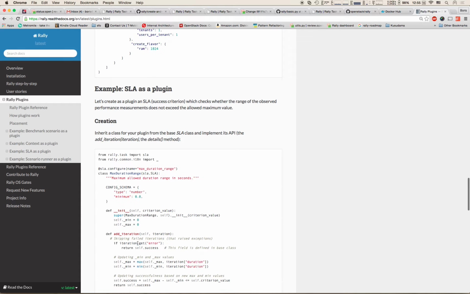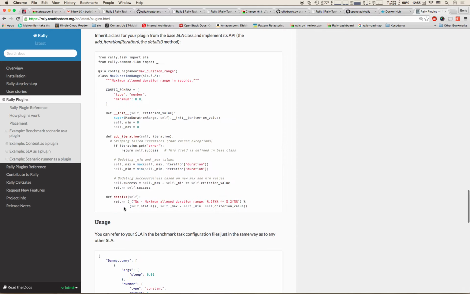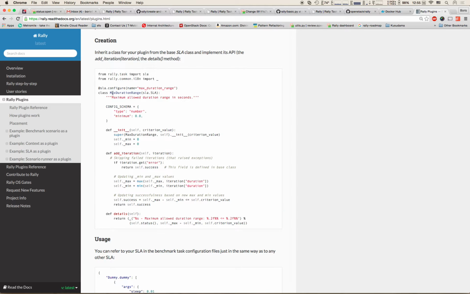So I mean, it's quite simple. For example, okay, SLA, max duration range. I don't know what the hell it is, but okay. So you just have to implement an init method, where you can specify the variables that you need, and a procedure that will process every single iteration. So self max, self minimum,